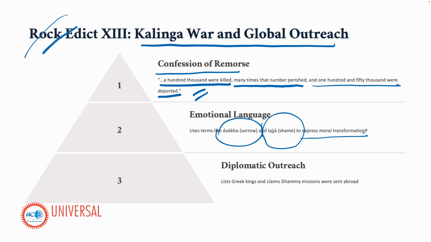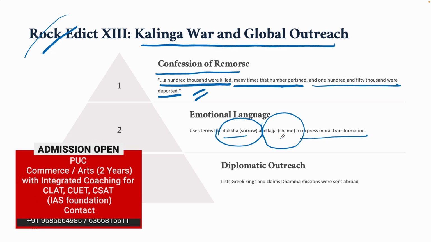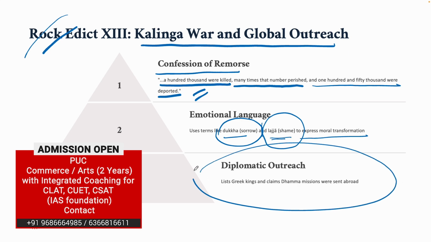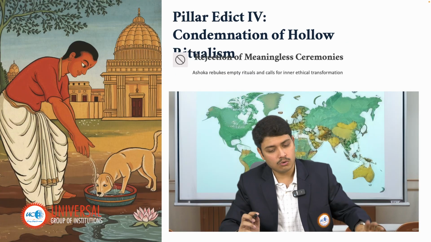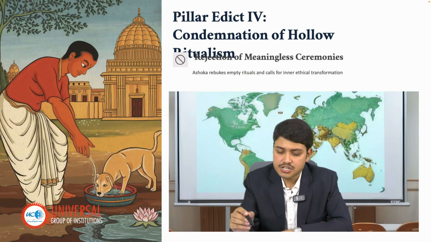It also talks about the moral transformation of Ashoka and how he went through processes of dukkha and lajja, shame. Diplomatic outreach of the Rock Edict 13, it lists Greek kings and claims Dhamma missions were sent abroad. Okay, so it reached Greece also. Okay, Pillar Edict 4,